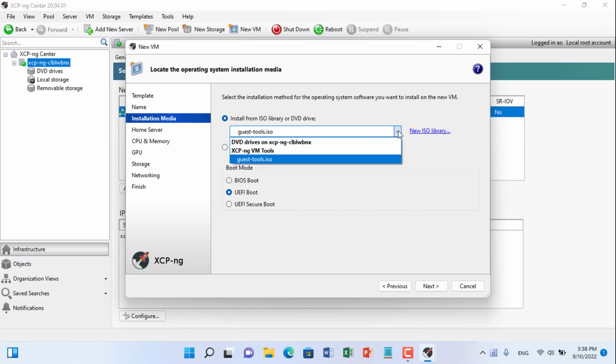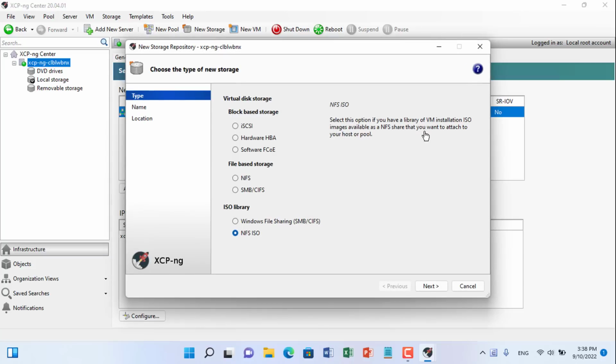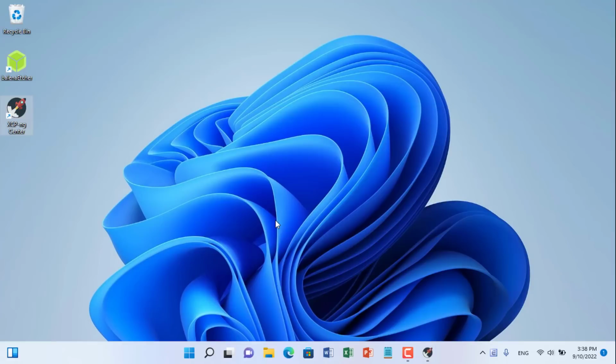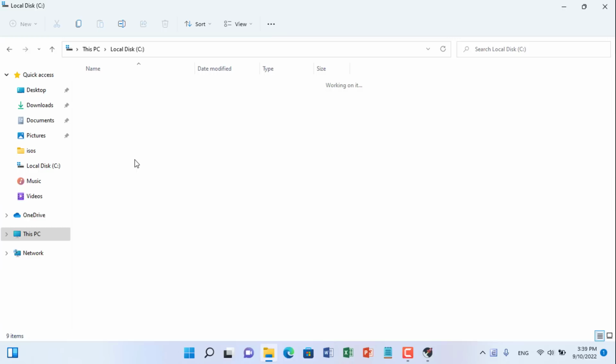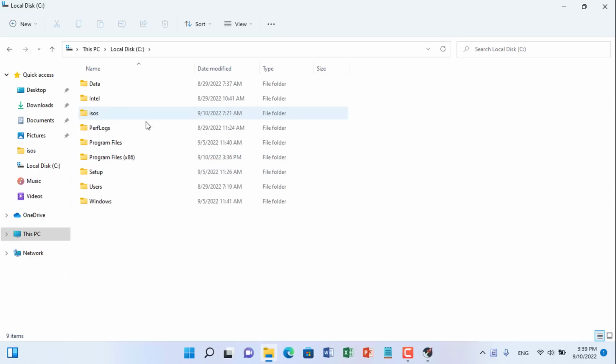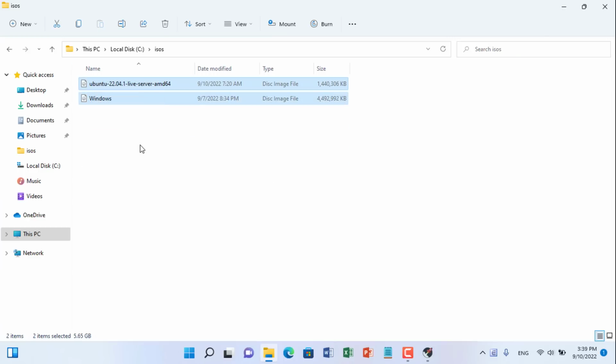To install Windows 10, of course, you need an ISO file. I have prepared ISO file to install Windows 10 operating system.